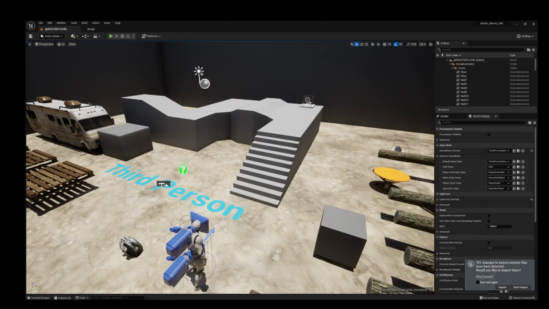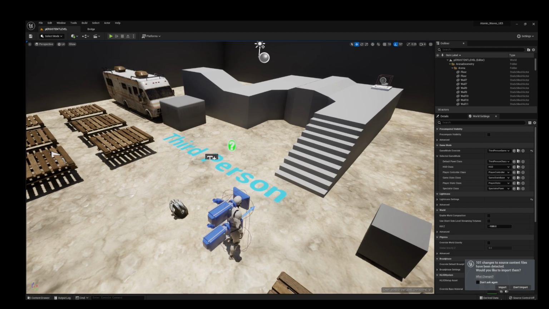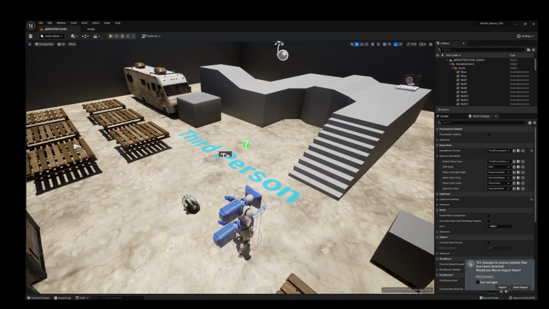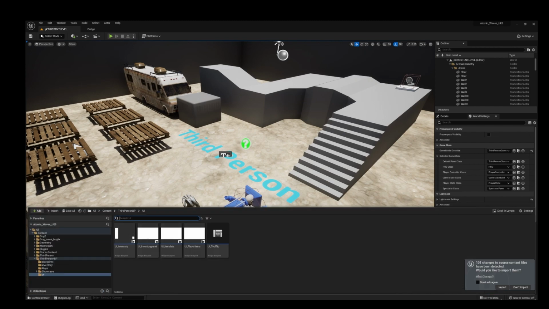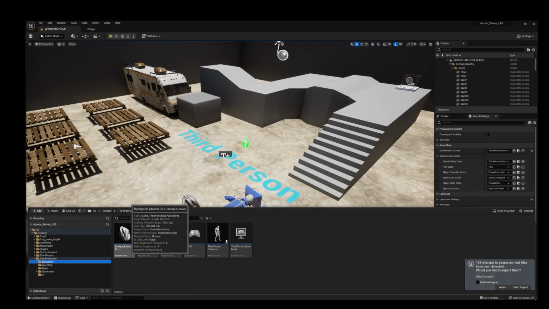Alright, so now that we're done setting up some of our functionality for our backpack here, we're now going to set up the backpack to attach to our character. Now, the problem with our backpack mesh is that it has collision, so as soon as it attaches to our player pawn here, it's going to send our player pawn into the stratosphere. So we're going to open up content drawer, go over to our backpack master blue, open that up,